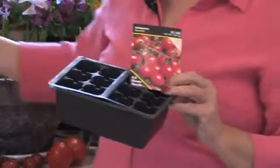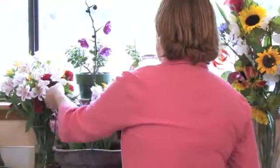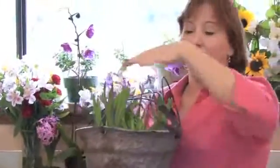And once the plant is growing and you've got a good start on it, make sure it's at least a few inches tall and has at least 3 or 4 leaves on it before you actually put it into your container. And I like to use pretty much any type of hanging basket or a bucket, and I like to reuse my baskets. So in the spring I'll put hyacinth in the same basket I might put tomatoes in for the summer, and that way I can enjoy the container and enjoy flowers for longer,